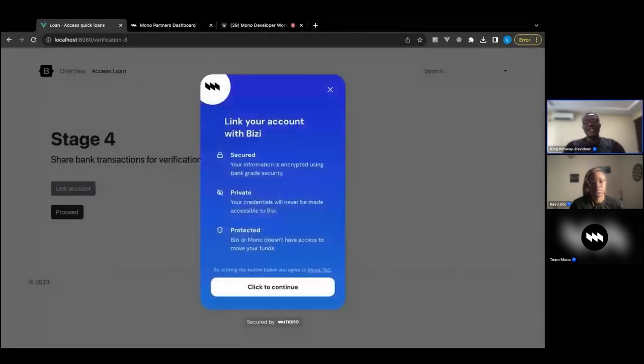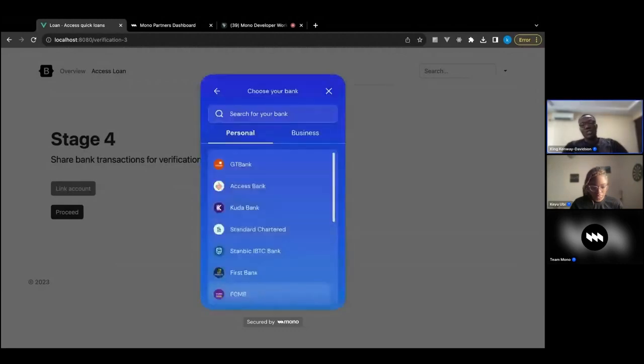So here you can see that I have busy. You remember clearly when I created an application, the display name that was set is what we currently have here. Here you have a business logo, and here we are showing your users that the accounts they're connecting are secured, private, and protected. Here we have the call to action button. Once it's been clicked, a user can go ahead to link their favorite bank account to you as a